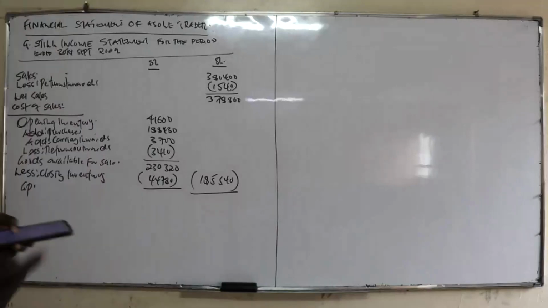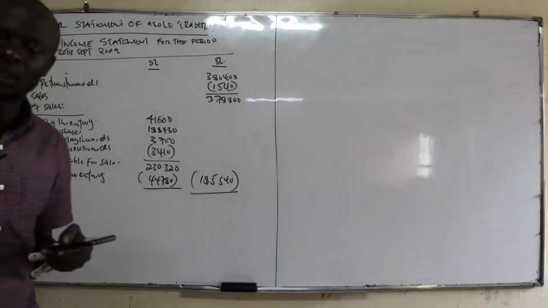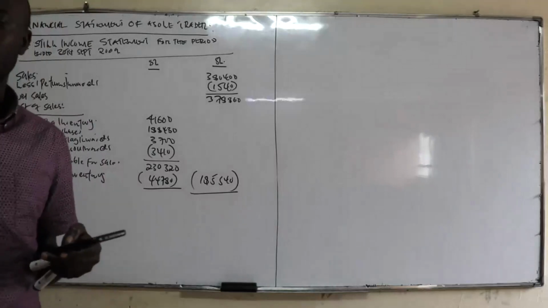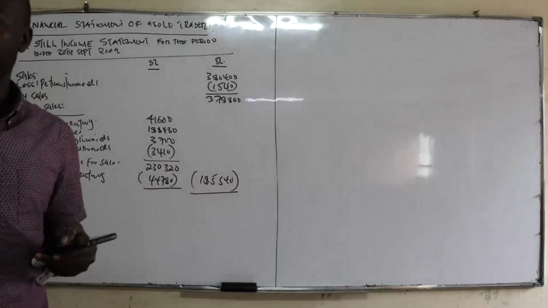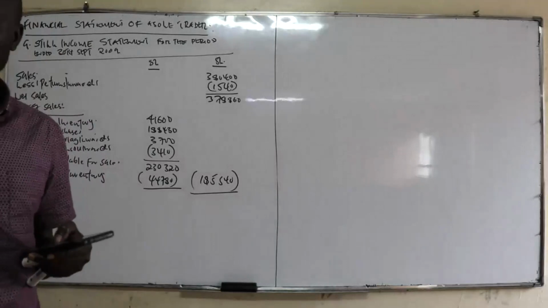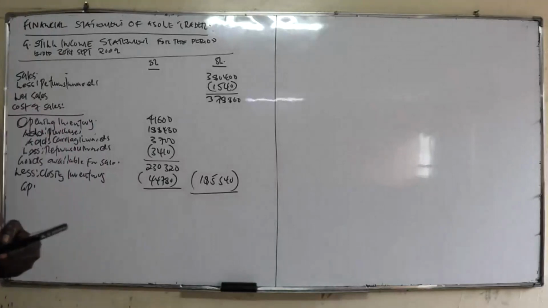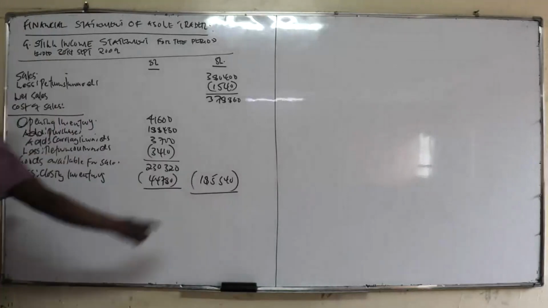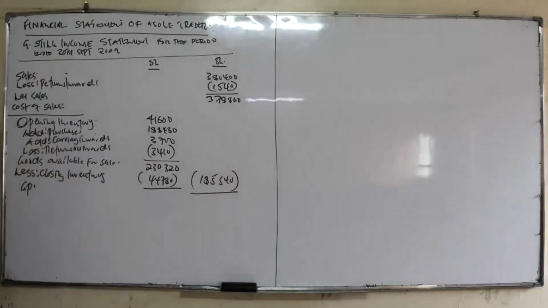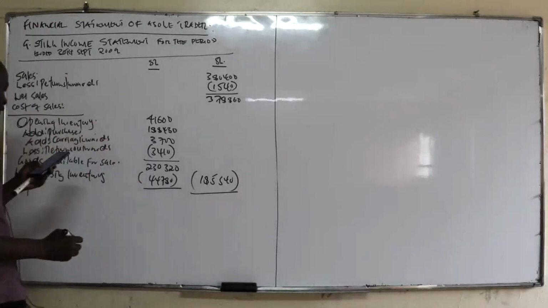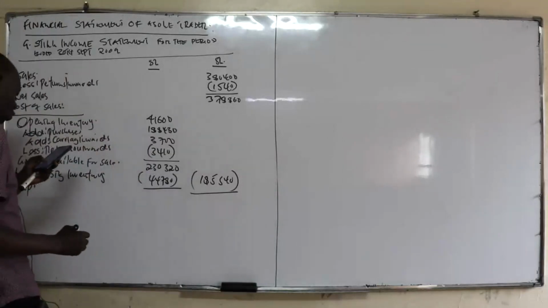So purchases is a combination of both the cost of the goods you purchased plus the transport cost, which you call carriage inwards, minus any of the goods that you had bought and returned back to the supplier. So that is the composition of purchases. Then you get what we call cost of sales. You less closing stock, you get 185. And then the difference between this and this, you get the gross profit, which is 193,